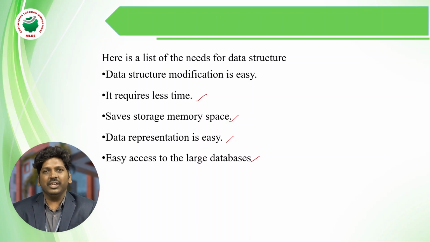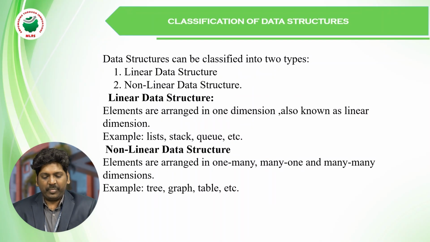Then what about linear data structures? Once again, I can call them static and dynamic representations, followed by non-linear data structures. Then what is the part of linear data structures? Whenever my data is organized in a linear order or a sequential order, one by one, then I can go with linear data structures. Examples we are taking are lists, stacks, queues, etc., which are some of the best examples of